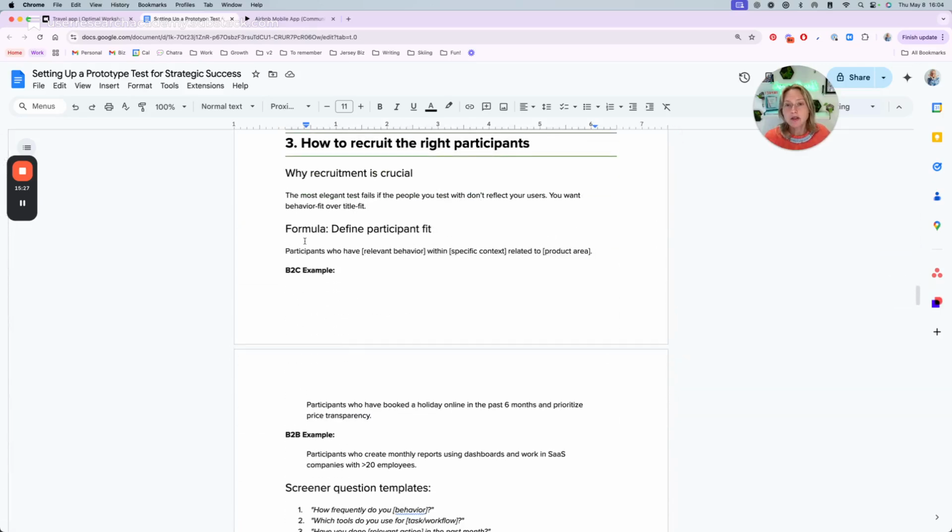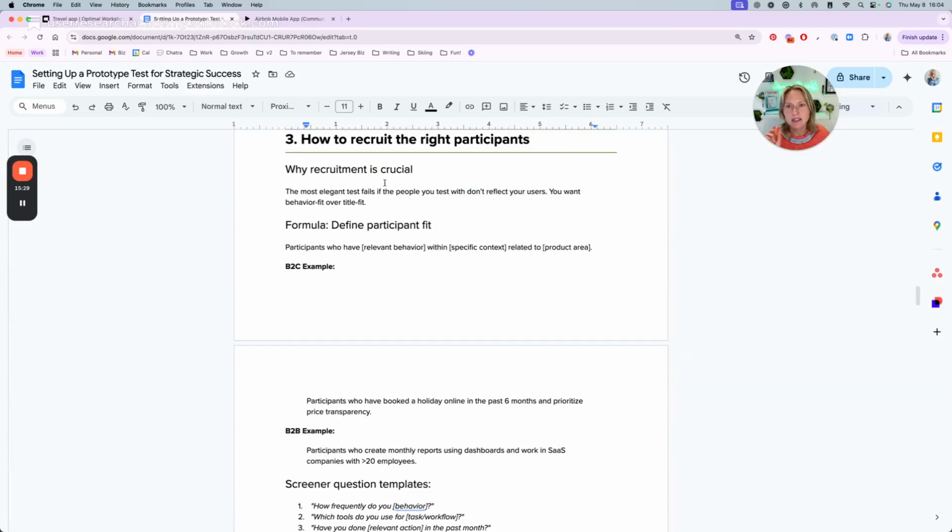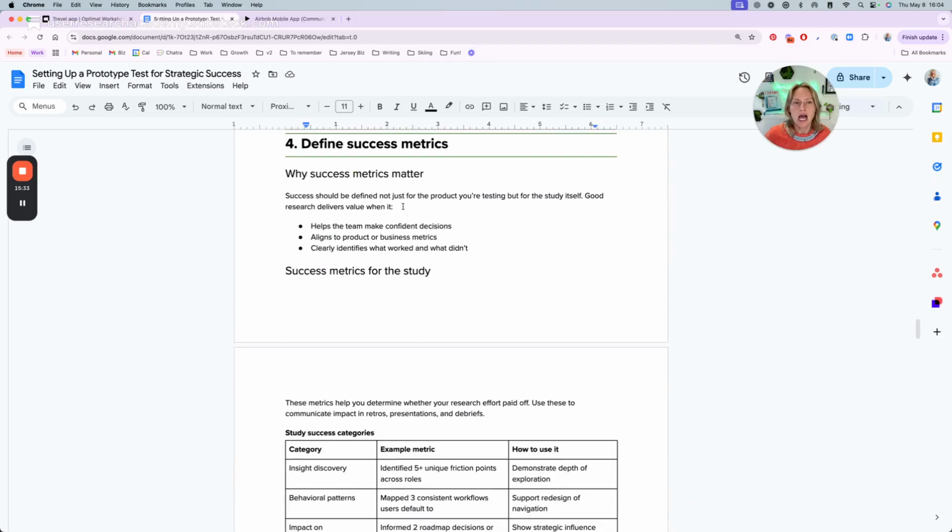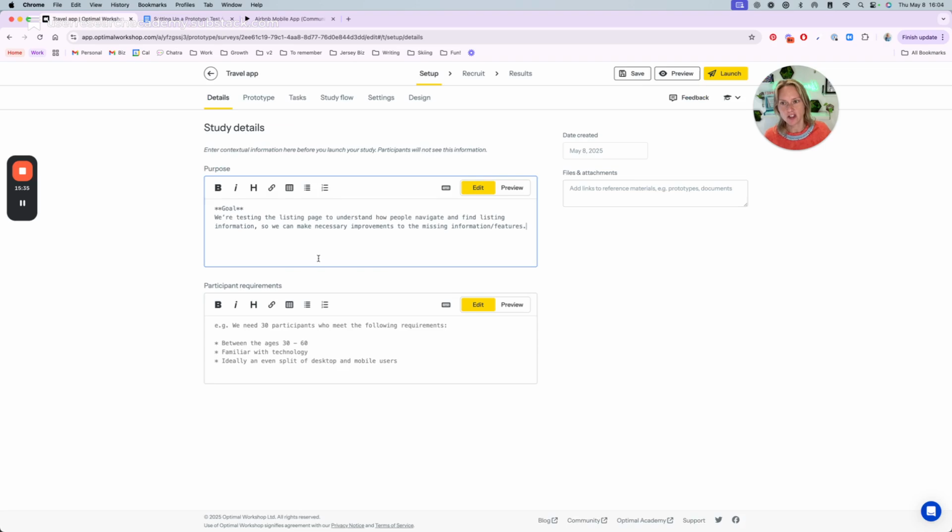So now we're looking at recruiting participants. I'm going to skip this really quickly, and I promise we will go back because I want to define success metrics first. So I want to do this part of the study details first. So I am now going to go down to success